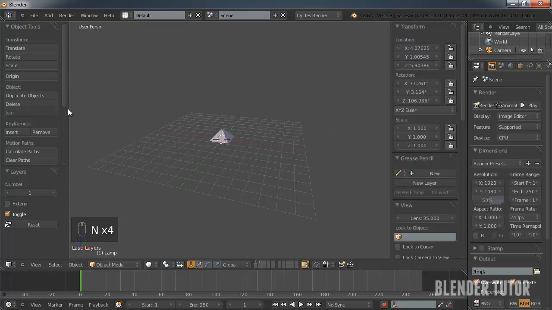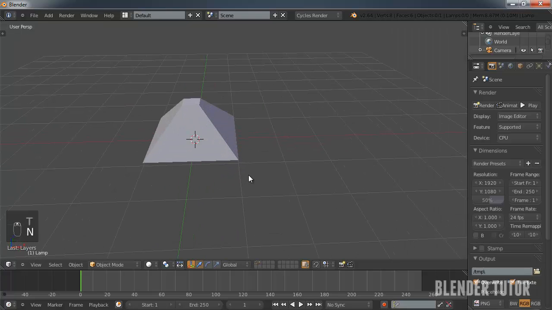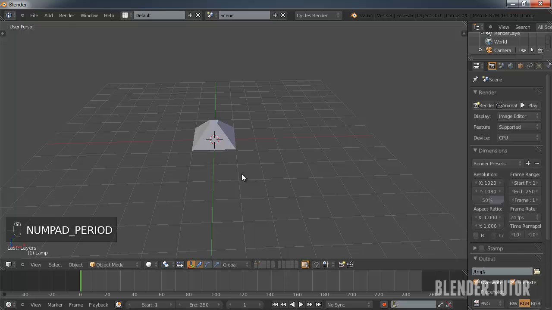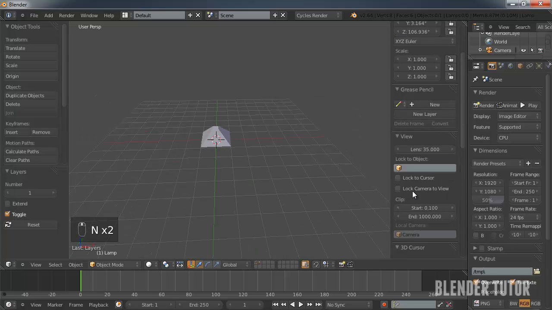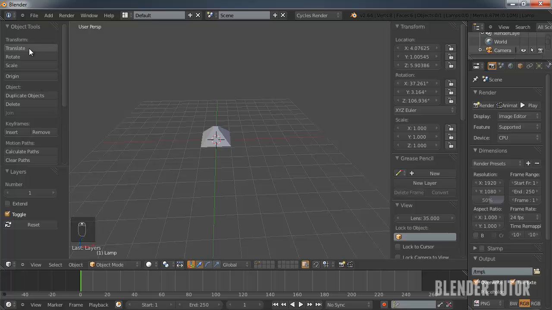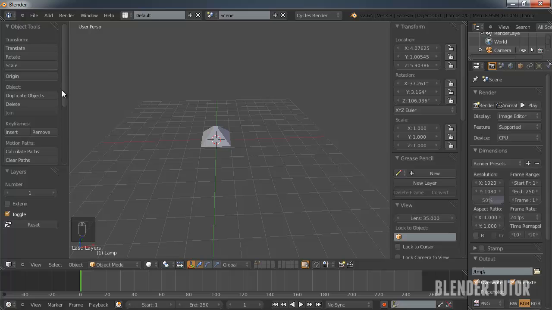So say I just want a whole bunch of work space on my screen just to model. I could close both of those and have a maximum view. But if I wanted to use some of those, I could just open those up. On this side, it's got some redundant tools that I've already used in different scenarios, like with my manipulators down here. But I could translate, which I believe is just move position. I could rotate